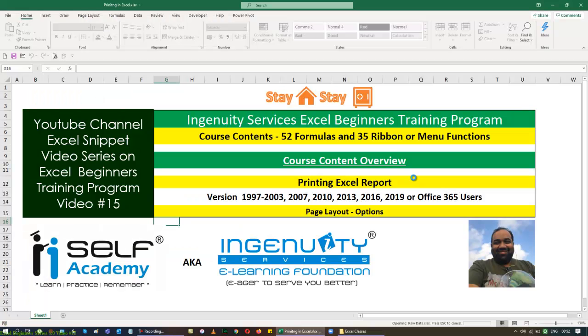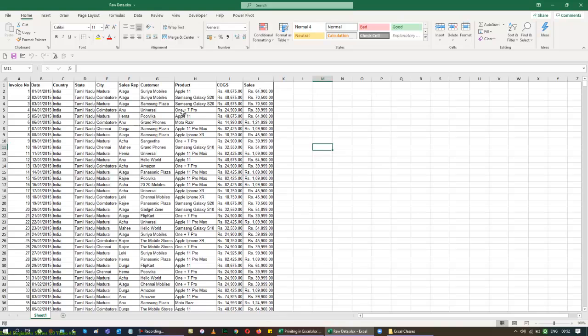So when I want to print data in Excel, you can see that many people want to put a lot of data in a single sheet. When you take a printout, normally when you go into Excel, your sheet will be in landscape mode rather than portrait mode. Only in a very rare scenario will you get a portrait mode print like this. So let's see what the basic things are that we need to remember when we want to work with the printout. So let's adjust the data accordingly.